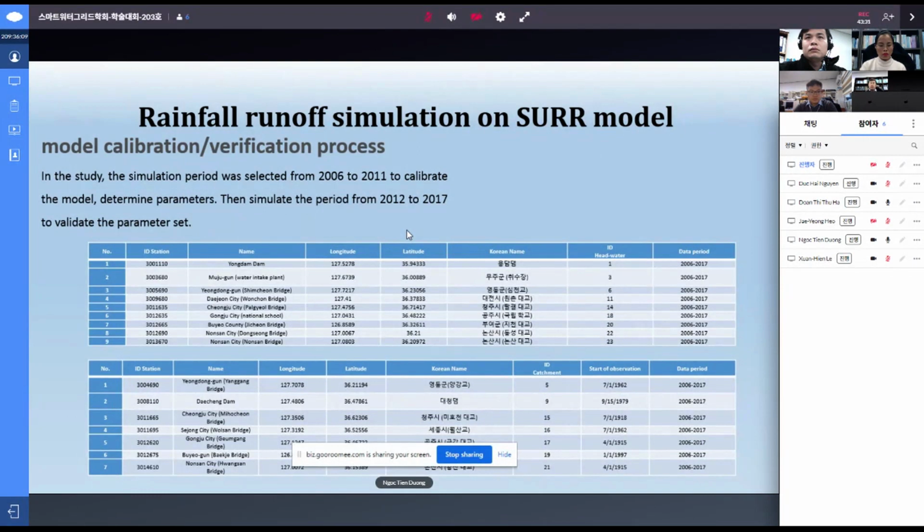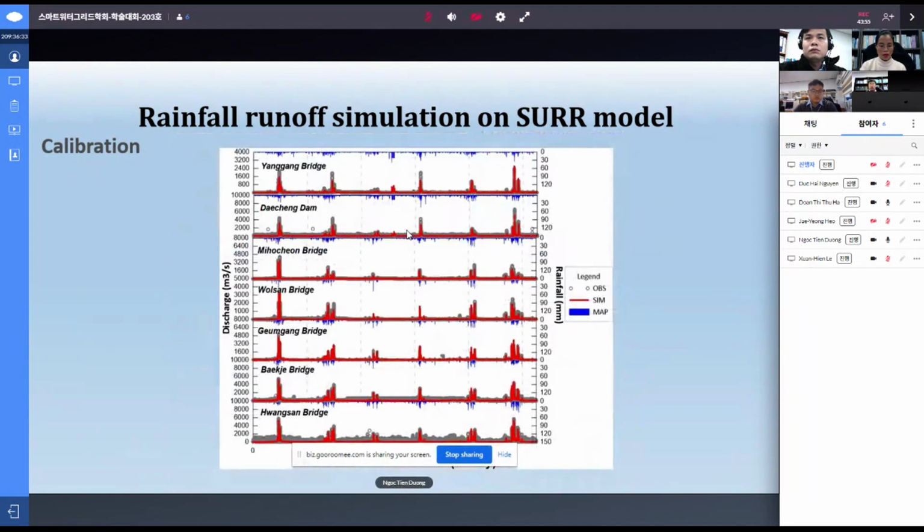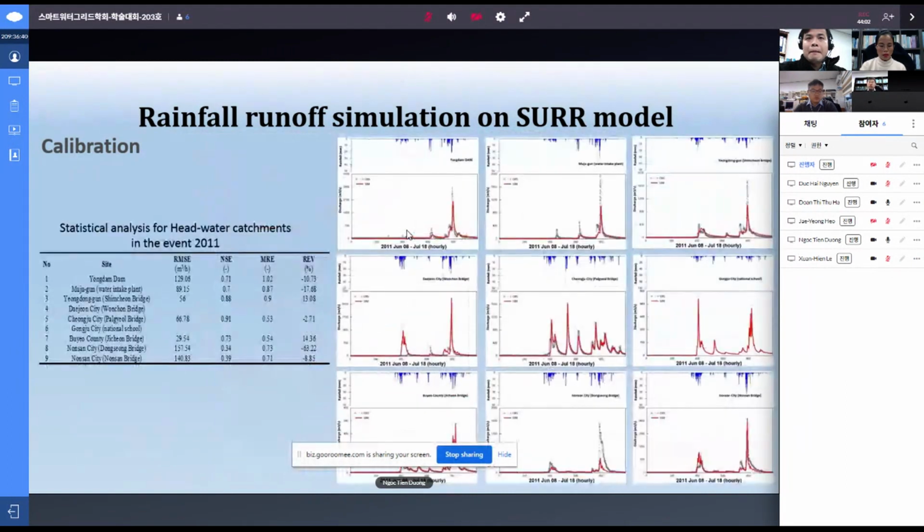And then this is the result comparing the simulation and observation data from 2006 to 2011 for the calibration, for the Hiếu cluster, and then for the mainstream. For detail,